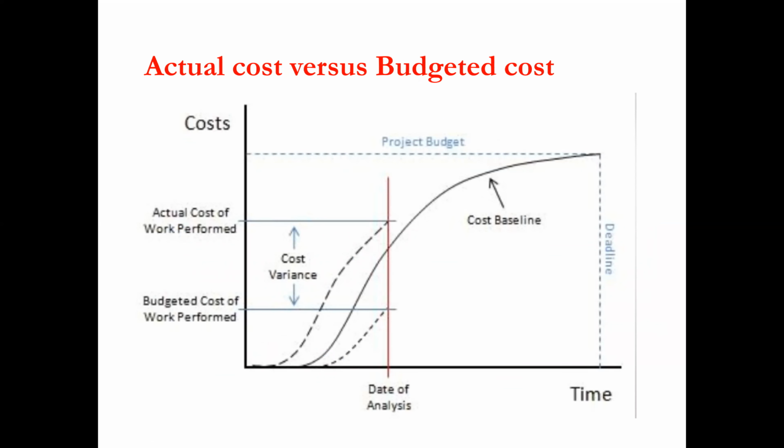This curve shows the planned value, and we will discuss it inshallah in the next part. It also shows the budgeted cost, like the baseline curve or the planned value, and then we have the actual cost of work performed, the money spent at market-based prices to build the project. Then there is the budgeted cost of work performed, the earned value, EV. Earned value is based on our planning and how much percentage of work is complete, so we can claim payment from the owner, based on our work done.